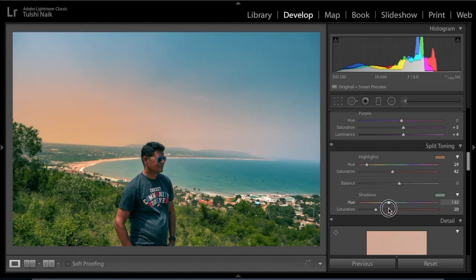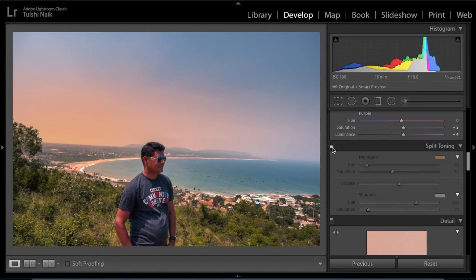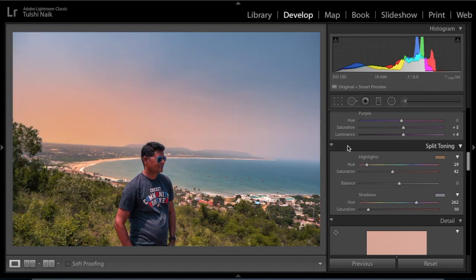Maybe let's try shadow tone somewhere here. Yeah. And just this tiny bit. That's it. Now let's see. This is before. There are still a lot of blue tones, and this is after. You see how naturally we have recovered the tones of the sun, still maintaining tones of the blues and the greens.